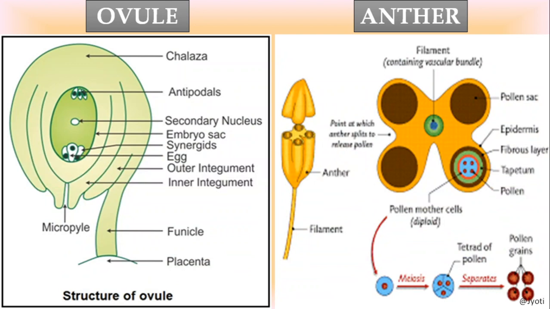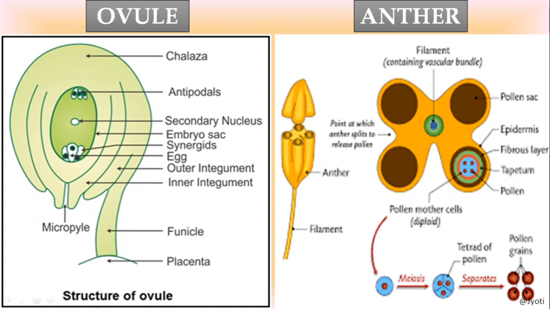so here you can see the structure, compare the structure of ovule and anther. So the ovule, as I have said, is the female gametophyte. Okay, so this is the structure of a typical angiospermic ovule, which has a covering called the integument, and here at the center a structure is present that is called the embryo sac, and inside the embryo sac what are present? There are three antipodal cells towards the base of the ovule, called antipodal cells, okay.